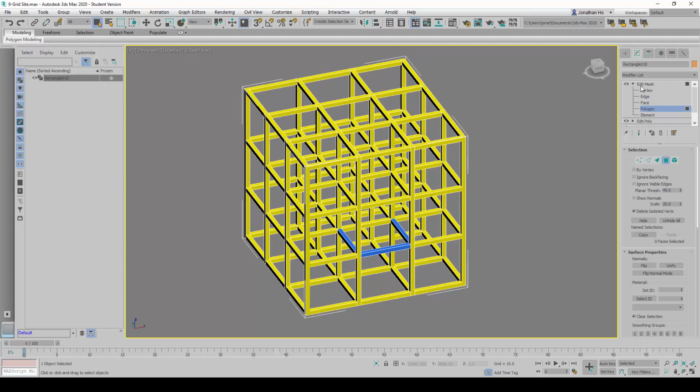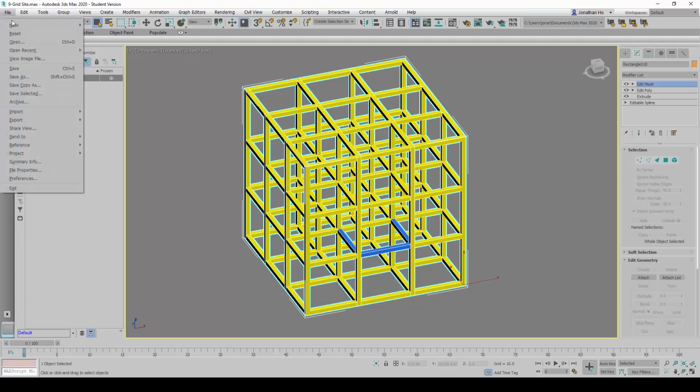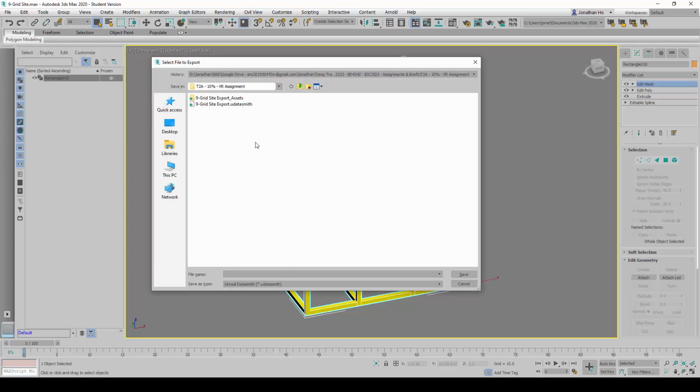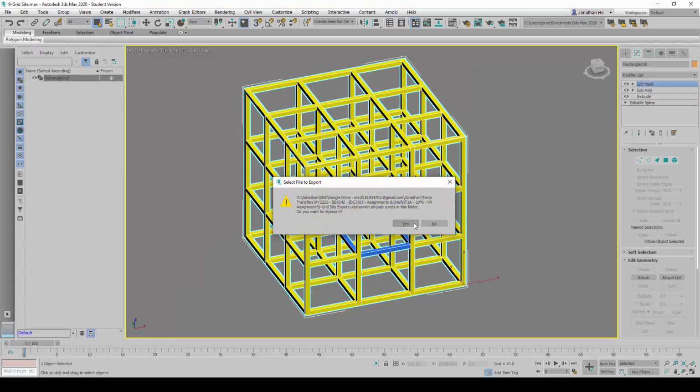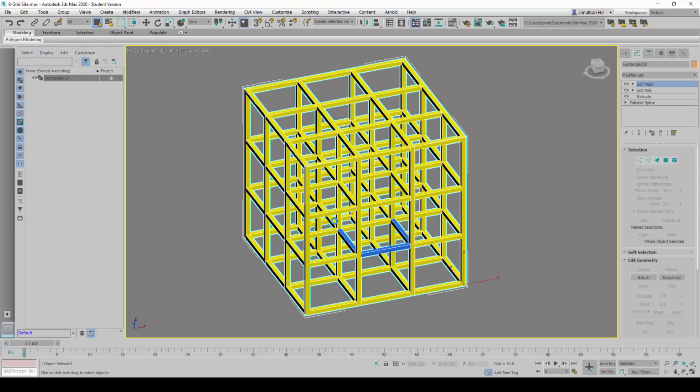Once I'm done with this, I'll go back to the top level of the edit mesh, and I'm going to click on File, Export, and Export again. And I'm going to override this 9-grid site model, and click on Save, and I will override it and click OK. Now we can go back to TwinMotion again